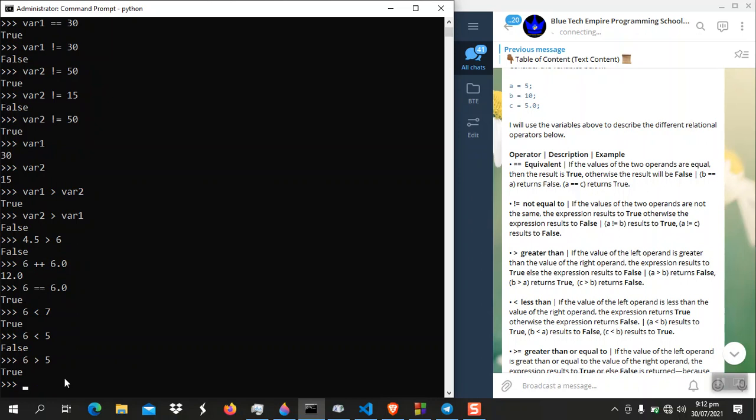6 is greater than 5. Of course, 6 is greater than 5. 6 is greater than 4? Of course, no, 6 cannot be greater than 4. So you just see how it works. It's just comparison operators. It returns either true or false, you understand. So like I said,